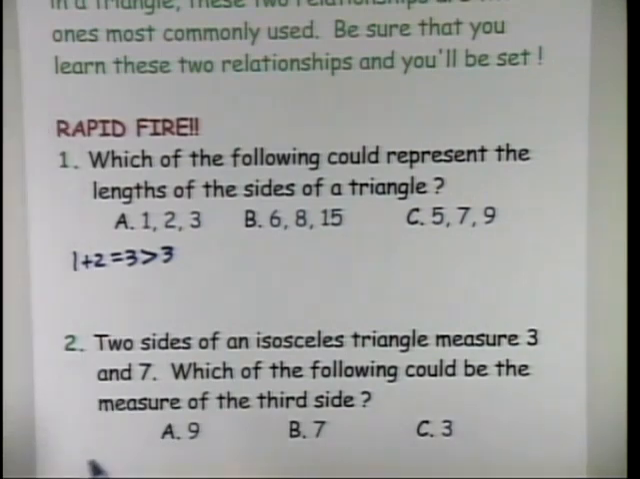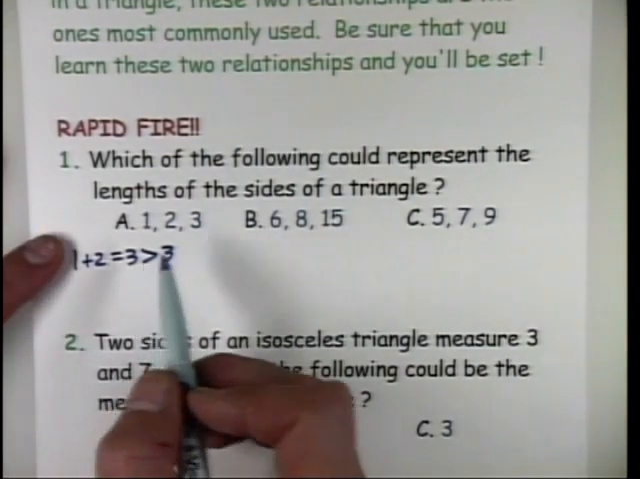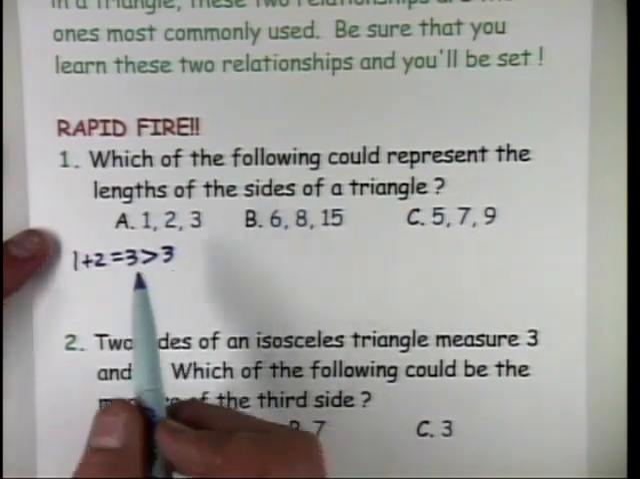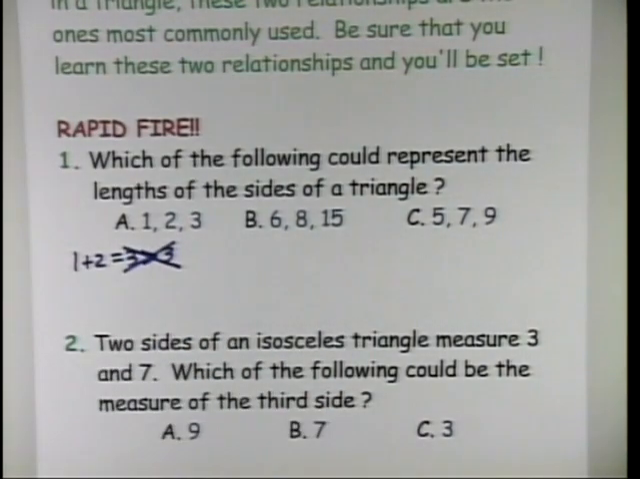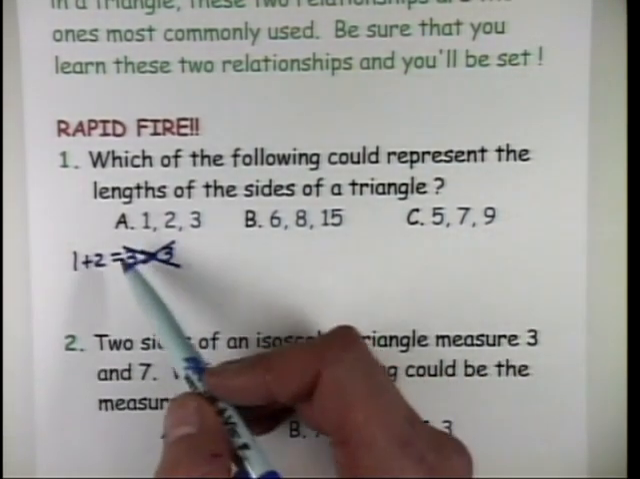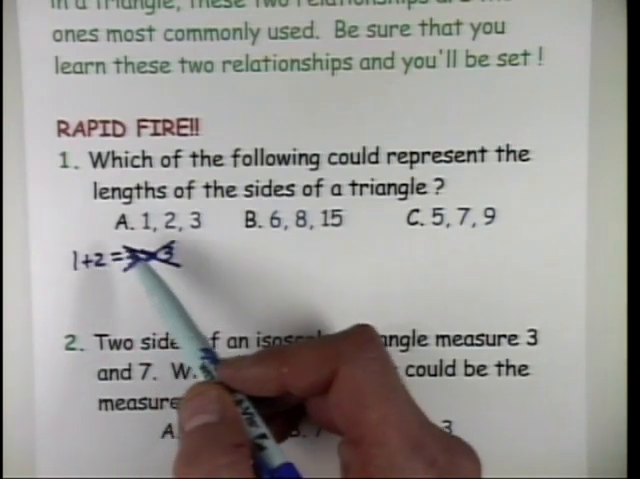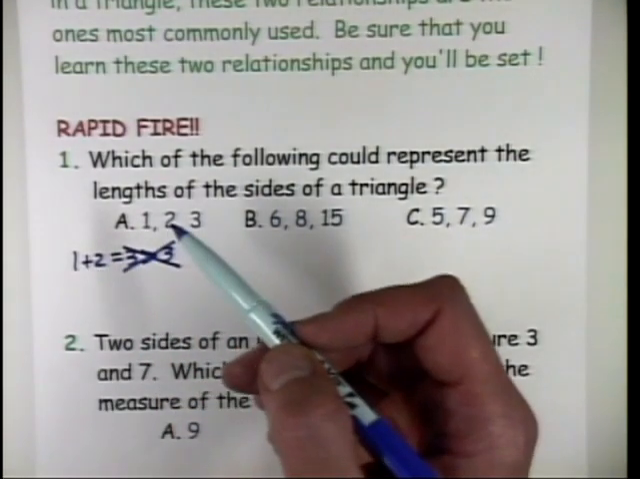No, it's not bigger than 3. 3 is equal to 3. And so the inequality, or the theorem, says it has to be strictly larger than. So that's not going to work. As soon as you find one combination that does not meet the standard, then it has no chance of being